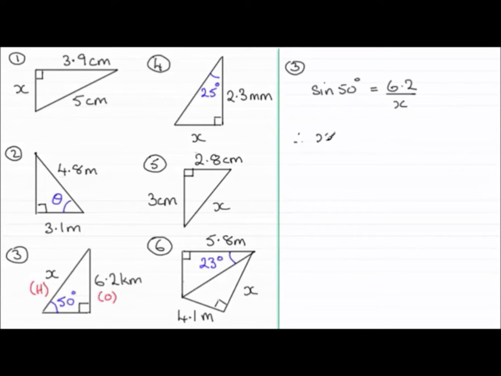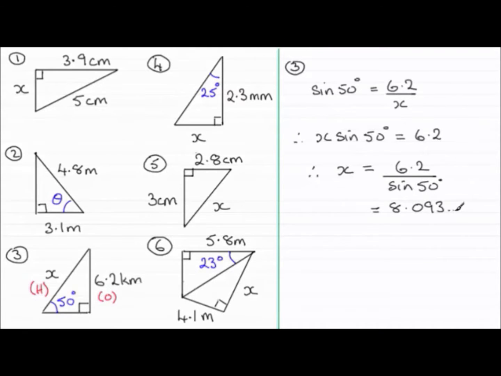So we end up with, therefore, x times the sine of 50 degrees equals 6.2. And then to get x now, we divide both sides by the sine of 50 degrees. And so therefore x equals 6.2 divided by the sine of 50 degrees. And with this one, again, make sure your calculator is in degrees mode. And you should find you end up with